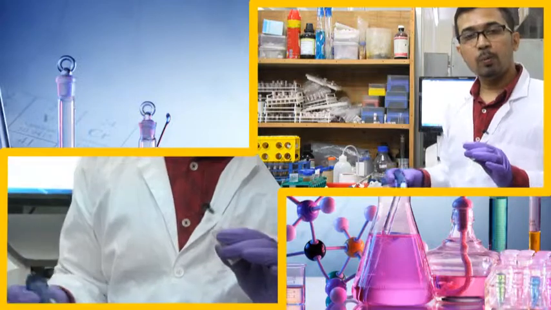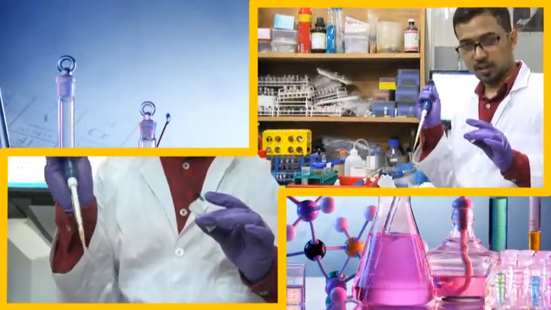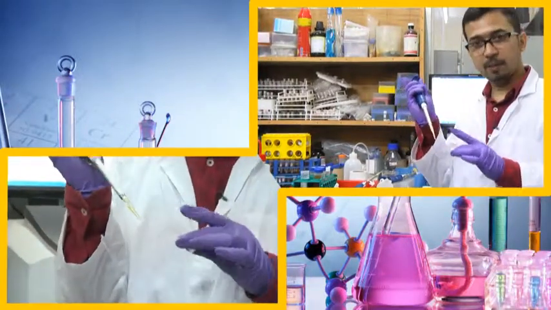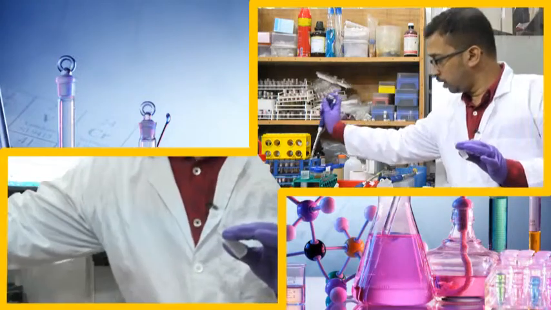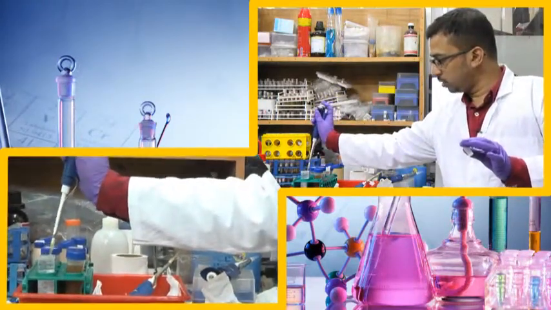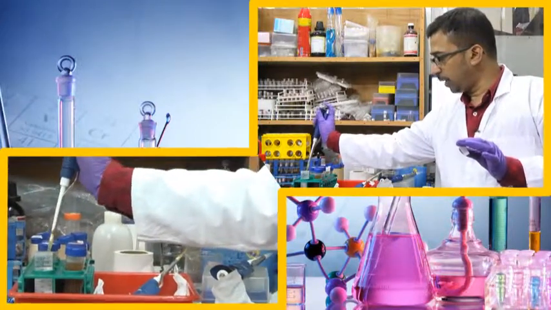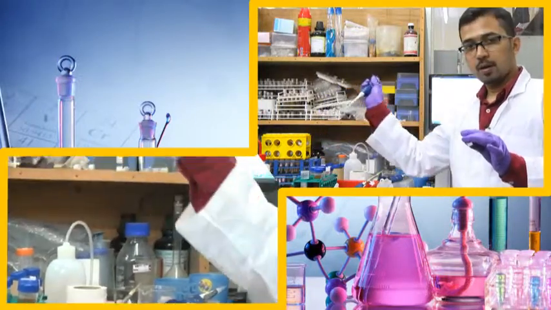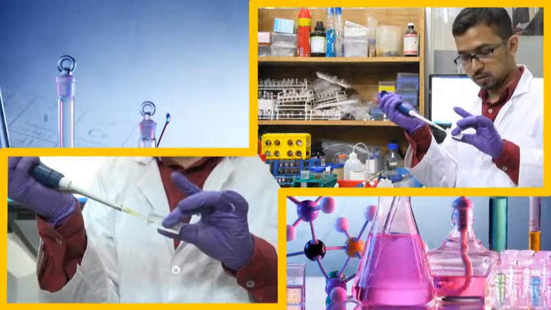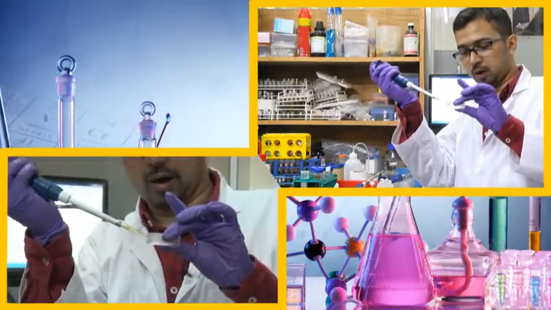In the beginning, we will be adding 30 microliter of our catechol solution. So, I have taken this micropipette and a fresh tip. Okay. So, this is the catechol solution. The catechol solution we have taken out is this one. So, we are pipetting out 30 microliter of catechol from here, and we are adding it to this solution, and mixing it after addition.